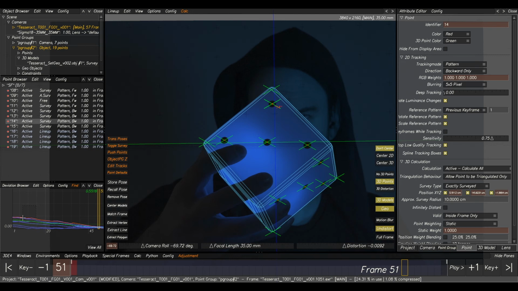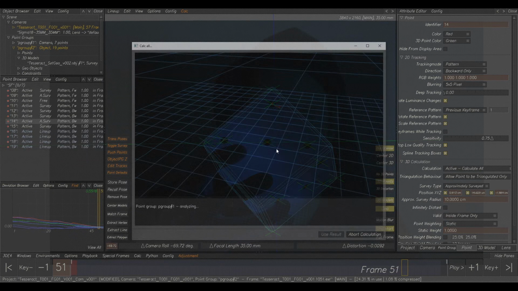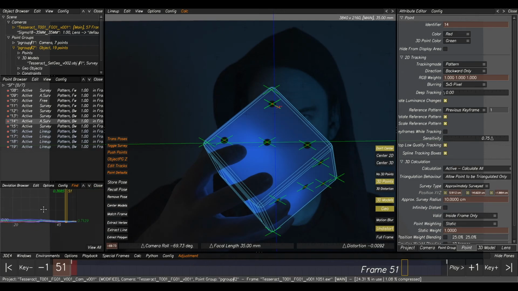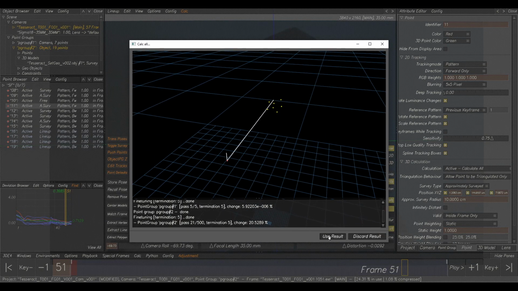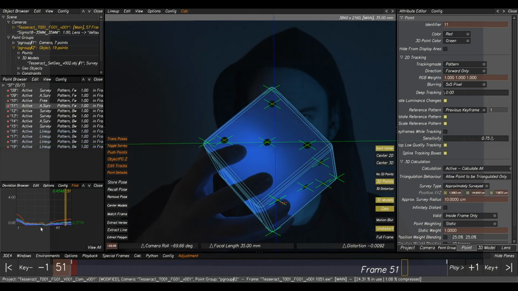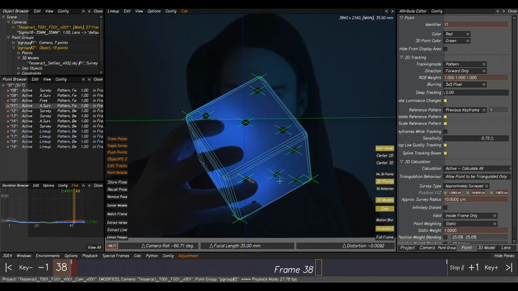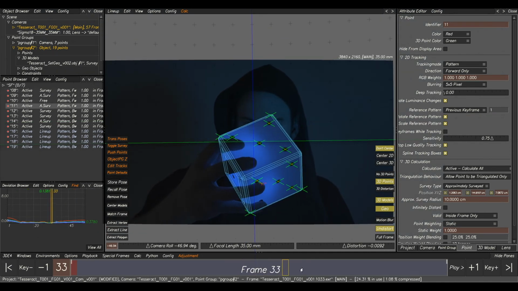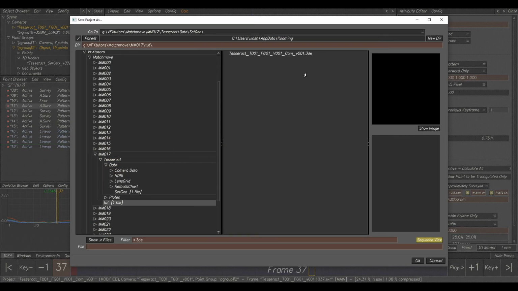So we can select the other one, right click, survey, approximately surveyed, press Alt-C again, and see how it's bringing it down quite a lot. We'll do the same for this one, right click, survey, and approximately surveyed. Use result. You can see we've got a pretty flat curve there and it's quite low. So looking at this, it looks pretty good. This looks done. So if we save it, go to 3D4, save project as,